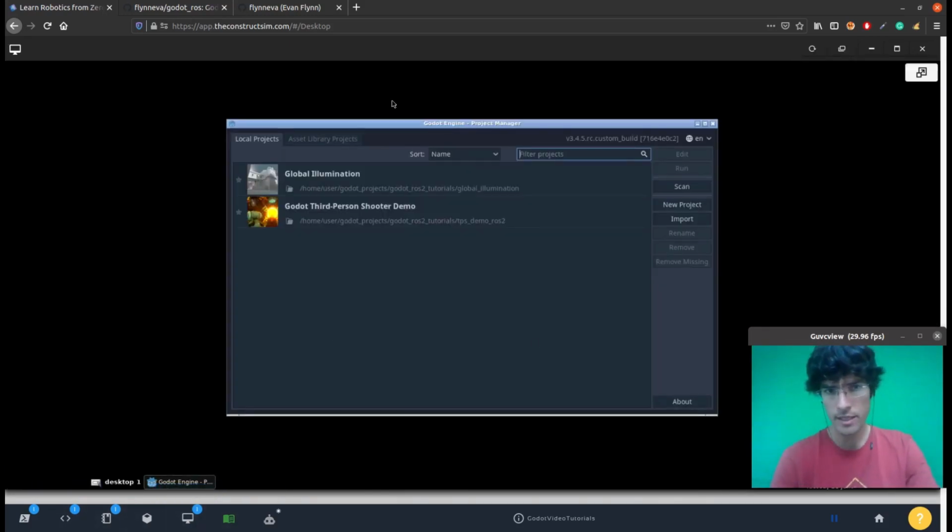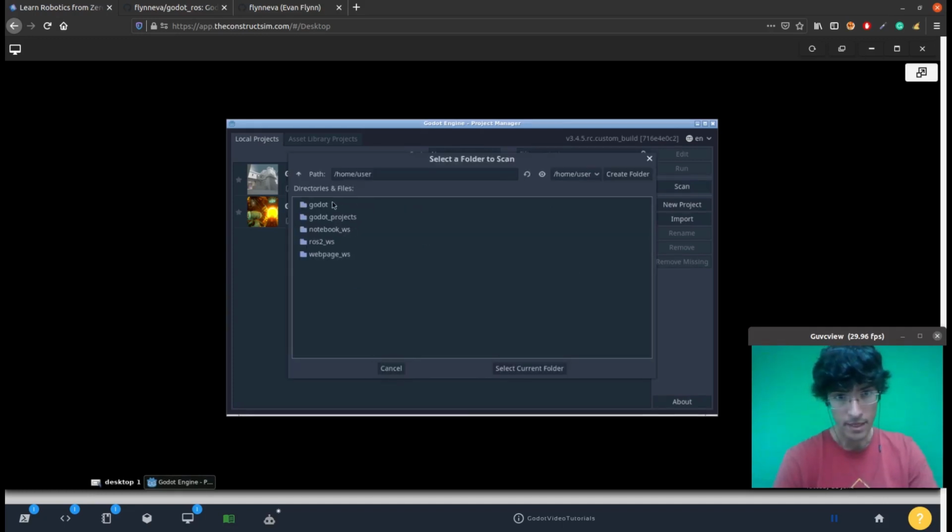It would automatically pop up a window like this. Maybe a window appears that tells you that you have to go to the asset store to get some projects. Just say cancel, and then go to scan, and inside the Godot project in the home user folder,